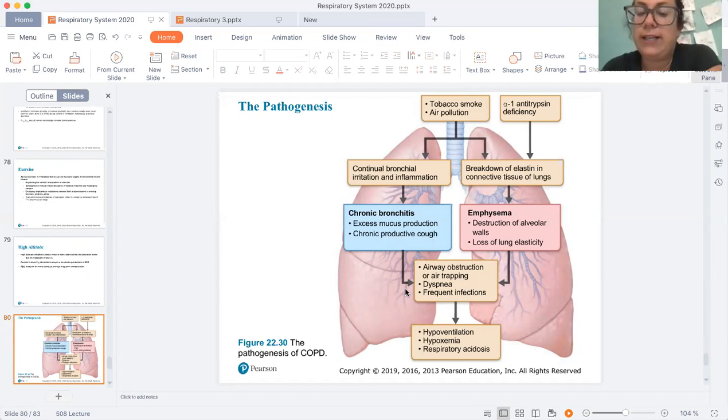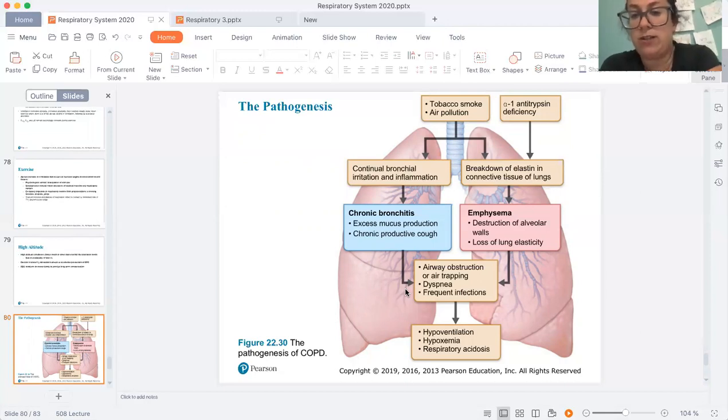With chronic bronchitis, which happens in heavy smokers, both of these happen in heavy smokers, but with chronic bronchitis, you get a lot of mucus production and what's called a smoker's cough. And remember that mucus is supposed to be there to help trap things and take them away. But if you're constantly making a bunch of mucus, you're going to trap stuff. You're going to even trap air. A lot of times you have dyspnea, and dyspnea is basically some difficulty breathing with movement,